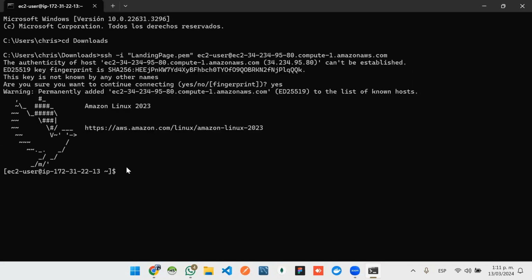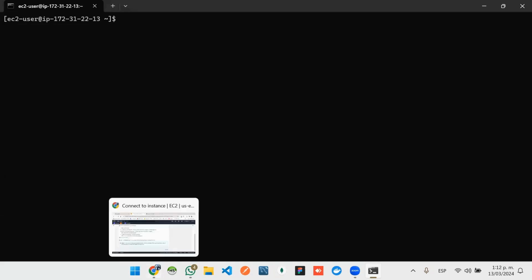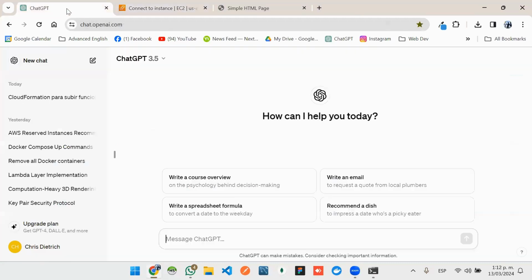And what I like about this is now we're going to be using Linux commands. I prefer Linux. I really like Linux. Okay, so what do we do now? Well, I think the best idea is if we install Apache Web Server in order, again, to display the content on the browser. So let's go to our good friend ChatGPT, and we can ask how to install Apache Web Server